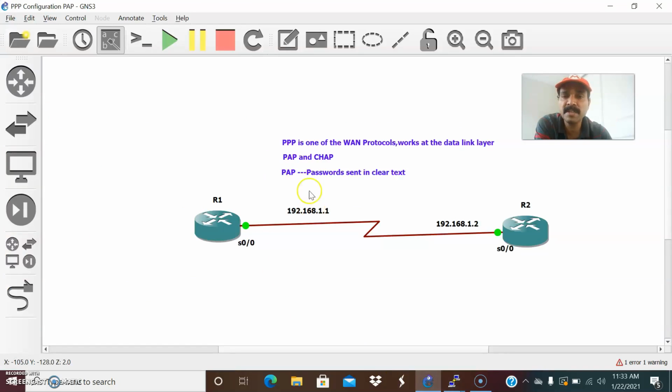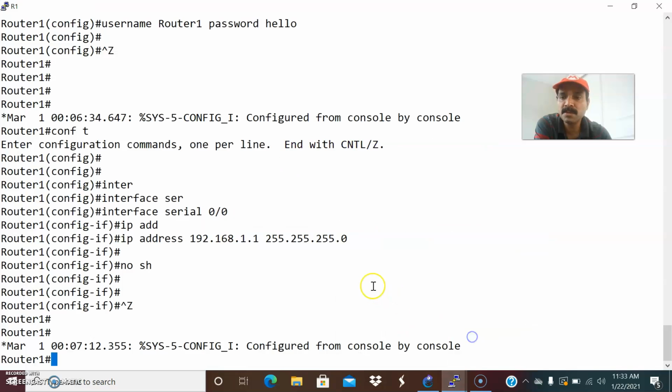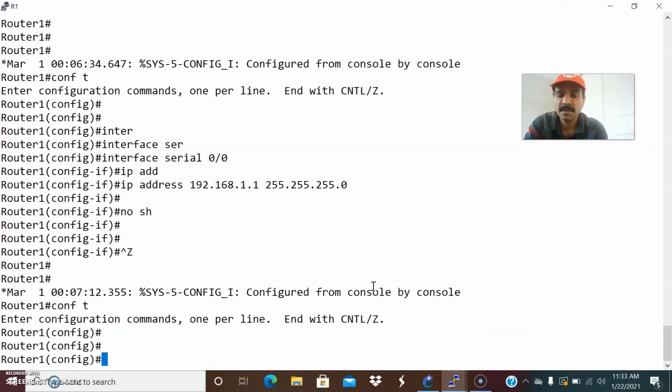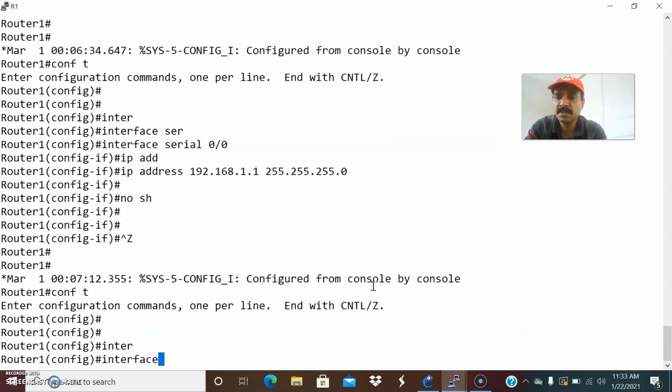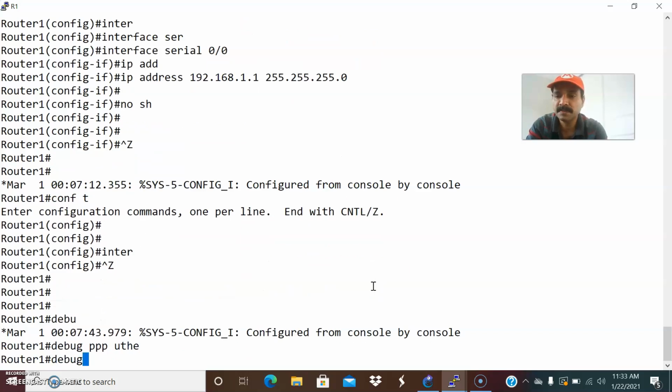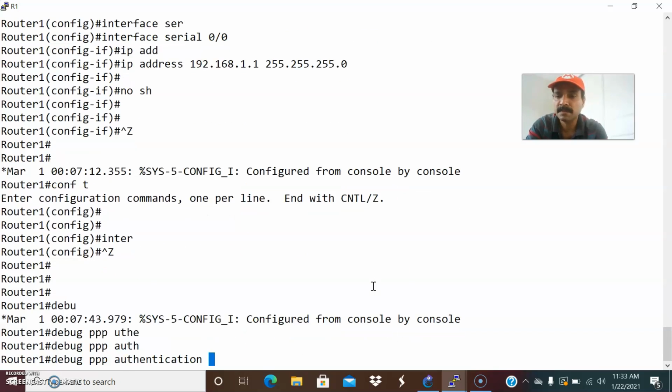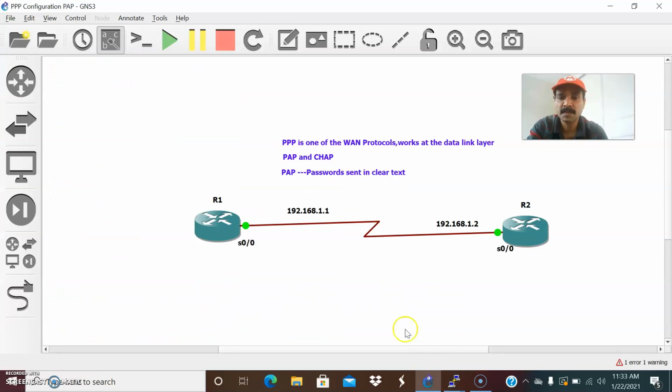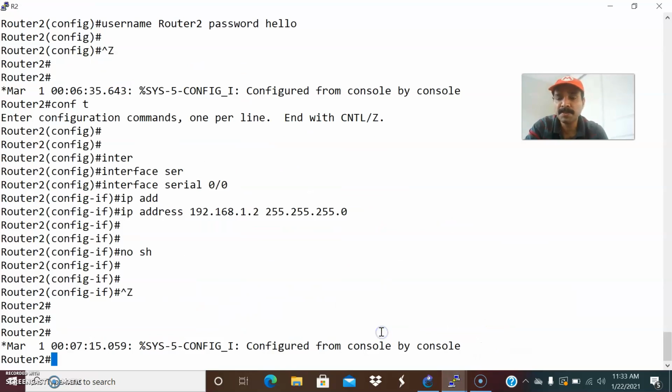Now you have to enable the encapsulation PPP. First you have to enable the encapsulation, then configure the authentication parameter. Before that, if you want, we can debug the PPP authentication.